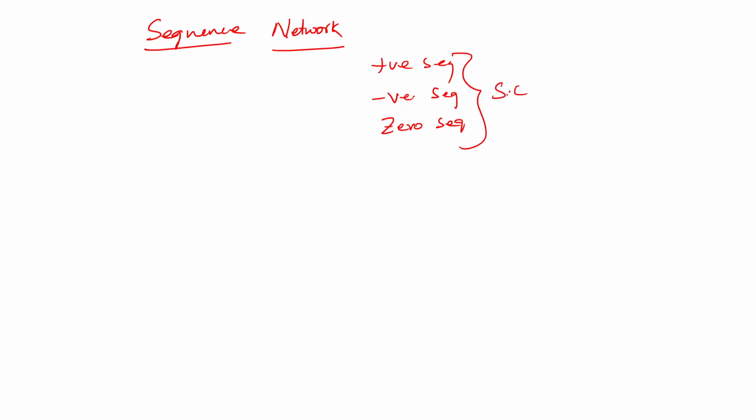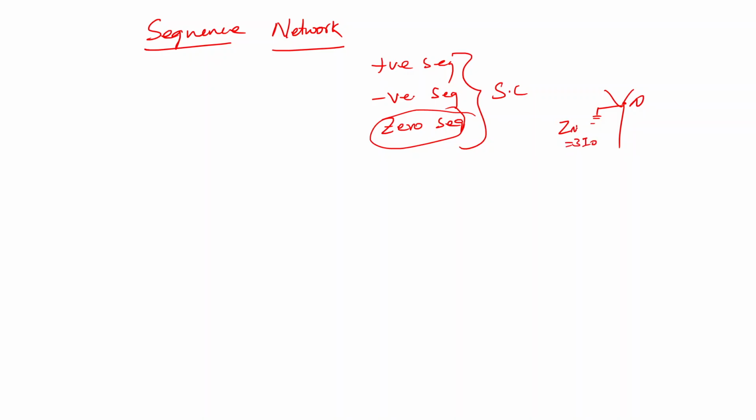These symmetrical components will have different values for each and every piece of equipment inside the power system network, and because of that, current flows differently in different paths. For example, if the neutral is not connected to earth, there is no zero sequence. If the neutral point is connected to ground, then only I will get zero sequence current, or the neutral current is nothing but 3 times my I0.